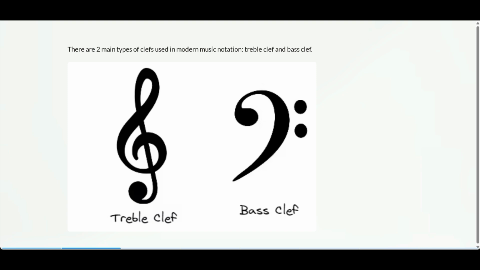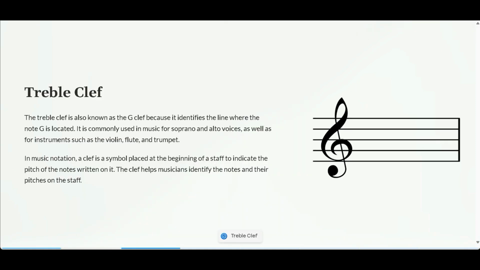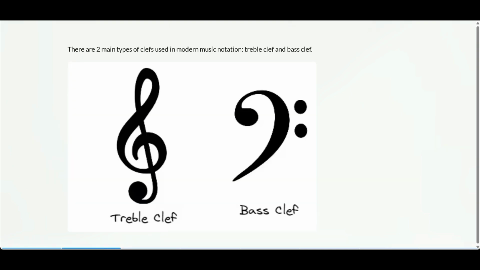That's what I meant. So, if you have a treble clef or a bass clef, and these are the two main types of clefs, actually. This is the treble clef, this is the bass clef. And there are some other clefs as well. And if we take a clef and put it before the notes,